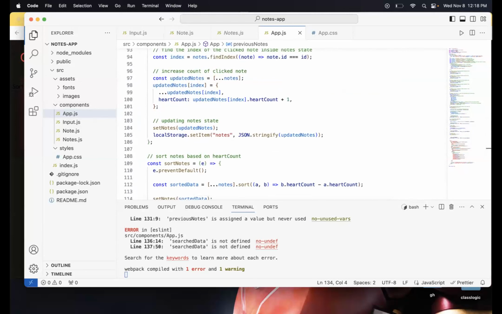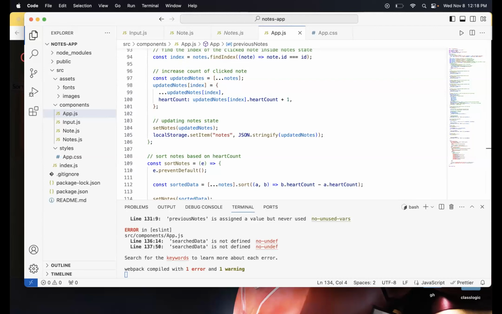And for that, I am going to do it in the add note function. So every time I add a note, it's just gonna store that same note in previous notes as well, so that if I need it later on, I can just call that variable and send it to whichever function or whichever event listener I need.